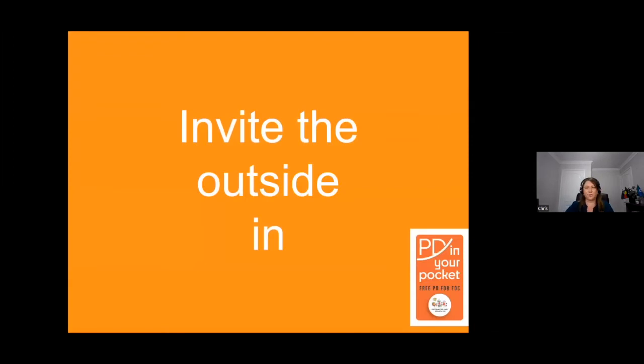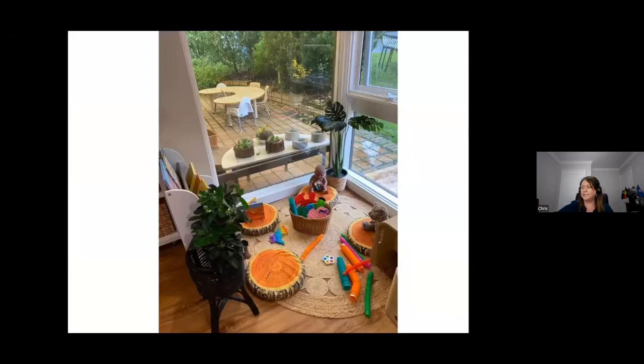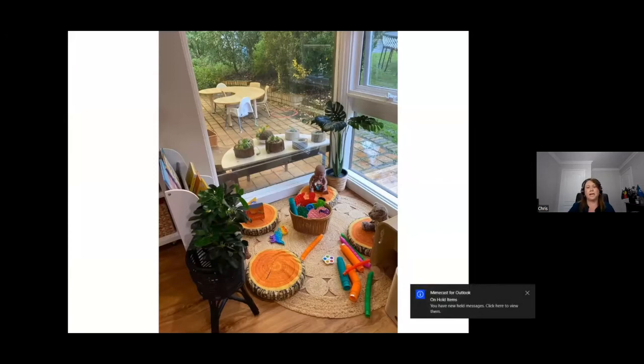And then we're going to talk about inviting the outside in. So this is our next point, and hopefully some of these photos will demonstrate that for you. Okay, so let's have a look at this space. See how the windows will let you see the outdoor space. This actually creates a larger sense of the space if you're fortunate enough to have windows like this. And they've also got a play nook that's been created right up against the windows.